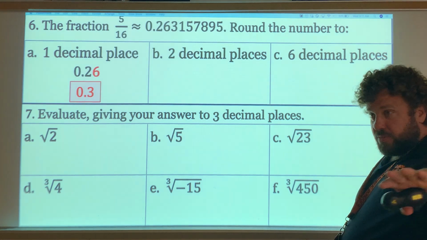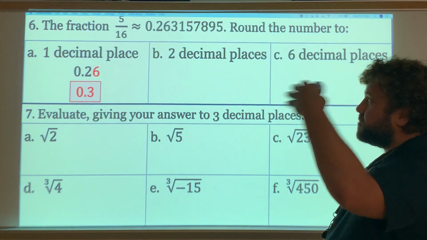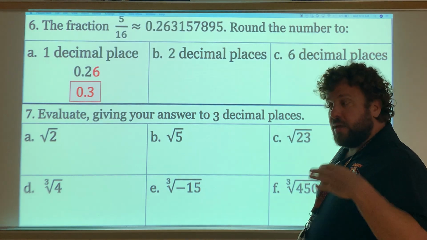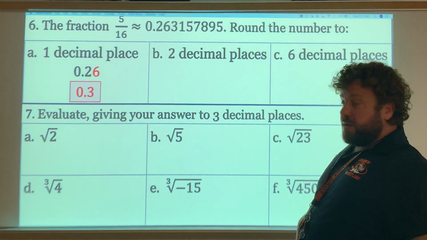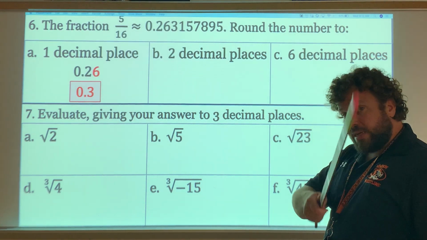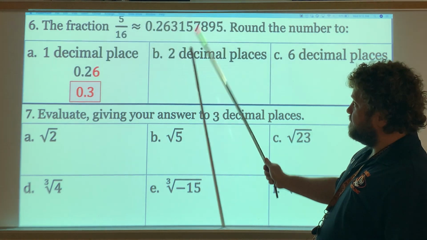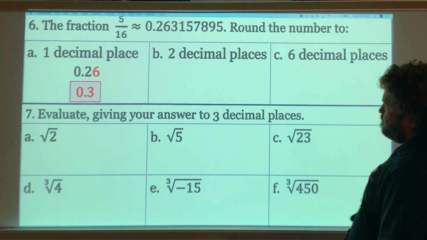And you should have paused me and finished these problems already. Don't just copy down what I'm saying. Try them first. Try them first. If you mess up, guess what? Erase your answer and fix it. It's fine. But then you know what your mistake is and you fix it. Learn from your mistakes. Mistakes aren't bad, especially when you fix them. Unless they're really bad mistakes. All right, so